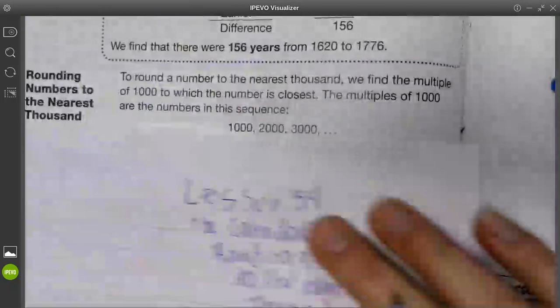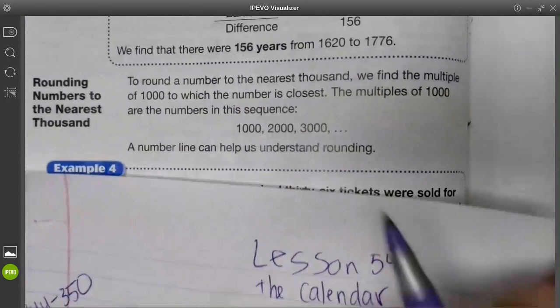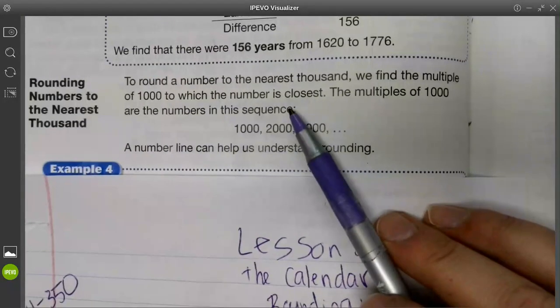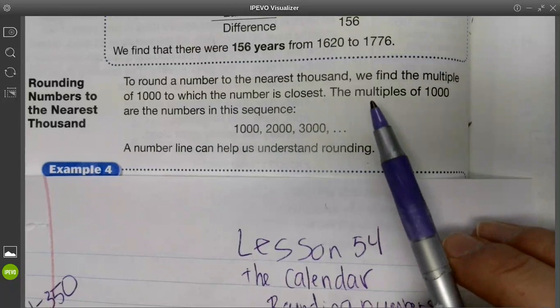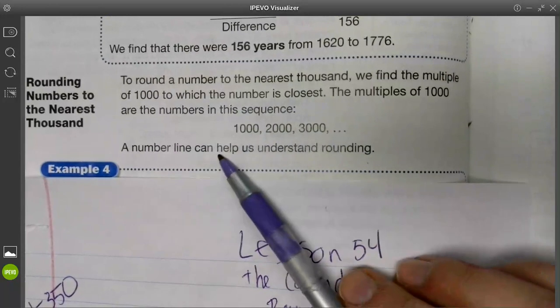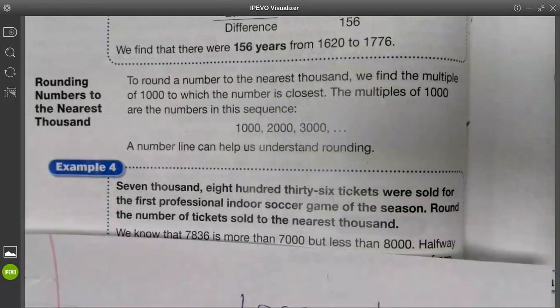All right. So the next section, rounding numbers to the nearest thousand. To round a number to the nearest thousand, we find the multiple of 1,000 to which the number is closest. The multiples of 1,000 are the numbers in this sequence: 1,000, 2,000, 3,000. A number line can help us understand rounding. All right, so